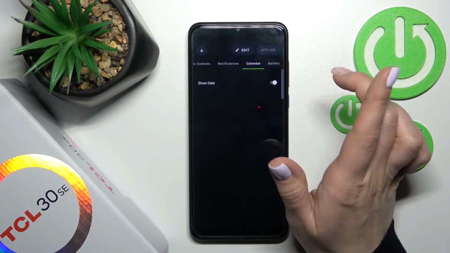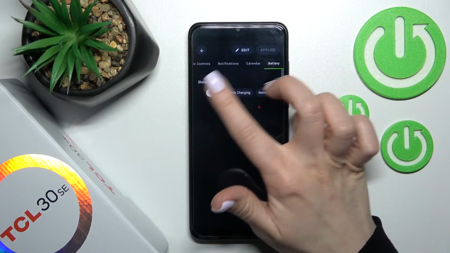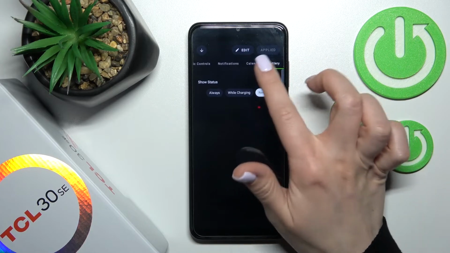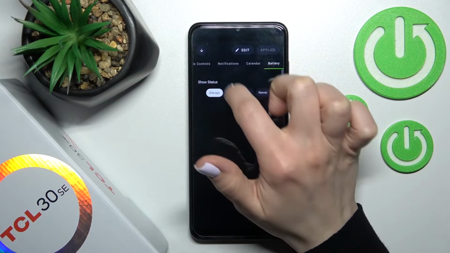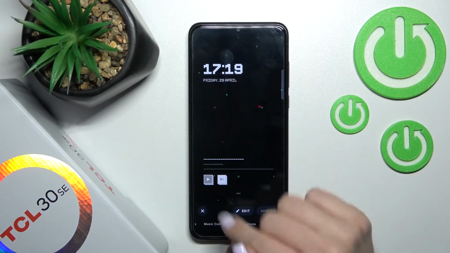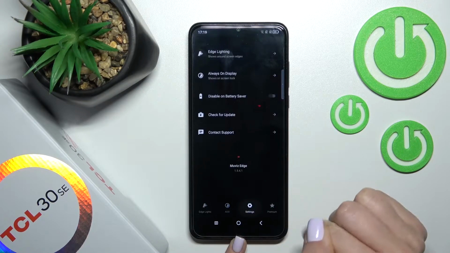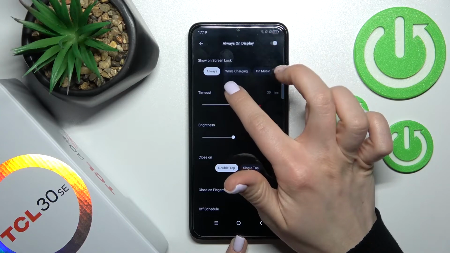Also we can turn on or turn off showing the date, the battery status always while it is charging, or just not show the battery status. And also we should go here into the settings section, click on the always on display, and you can see here that we can